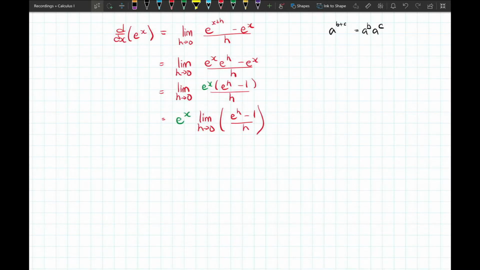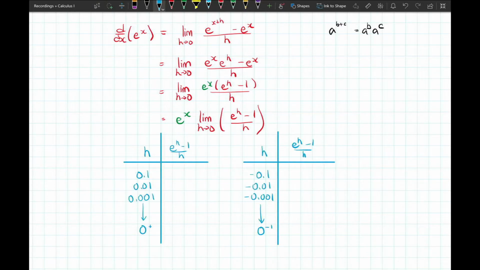Don't forget, this is a two-sided limit. We should try values of h close to 0 on both the negative and positive sides of 0. It might make sense to make a table of values just slightly bigger than 0 and just slightly less than 0, approaching 0 from both the positive and the negative sides. And plug these in and see what you can compute for the value of e to the h minus 1